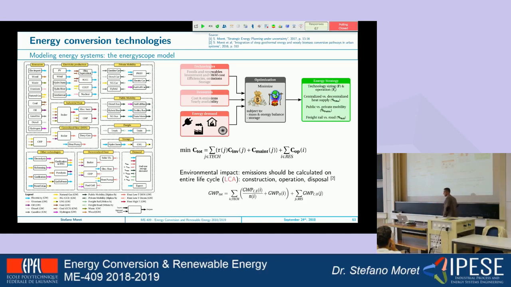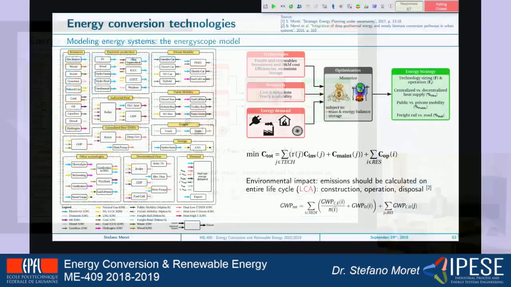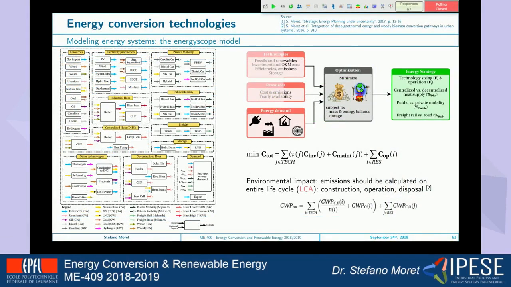The approach that we have to energy system modeling is that we model all the technologies available in Switzerland, all the resources and the demand. And you have a problem in which you have to find the best solution in terms of total cost or in terms of global emissions, in order to find what is the energy strategy that you advise. Actually, in the project, you will play the role of a consultant for the Swiss government, telling them if the strategy they have decided for Switzerland is good, or if they could do something more. They could have maybe more renewables in their system.